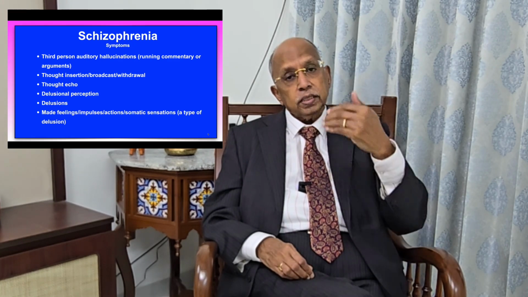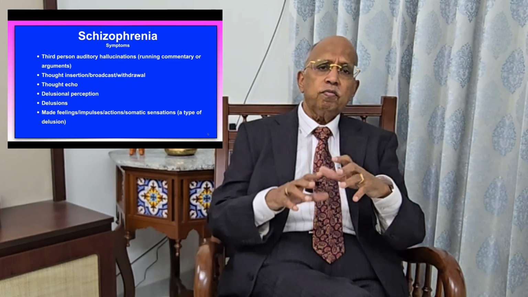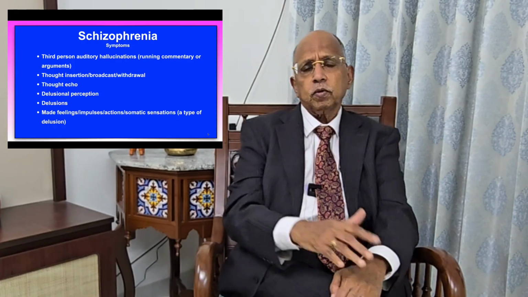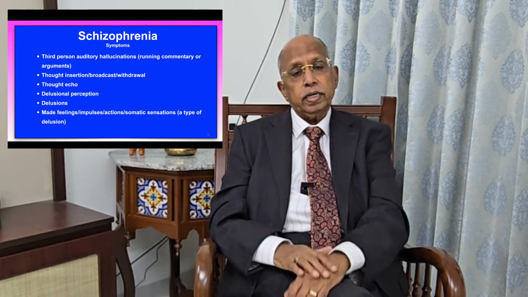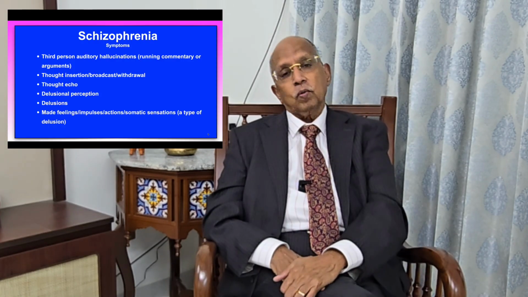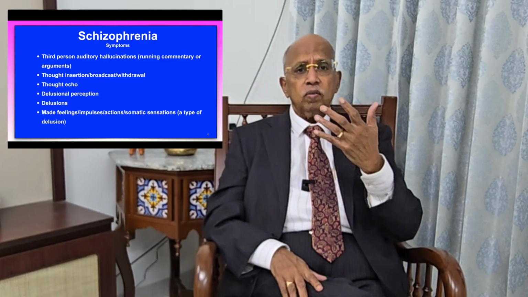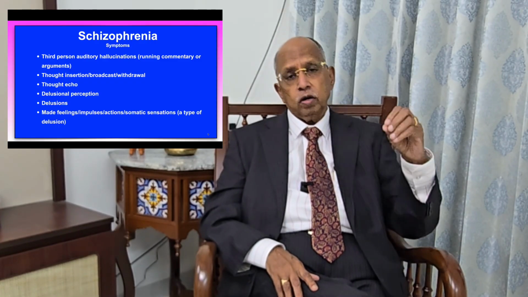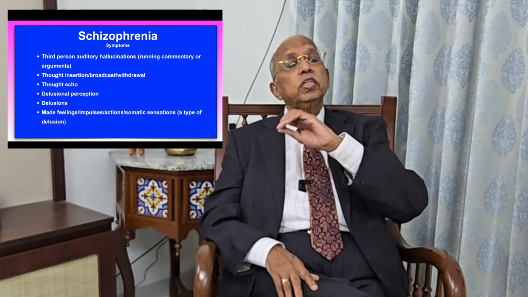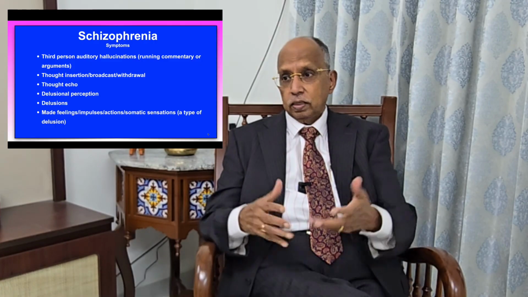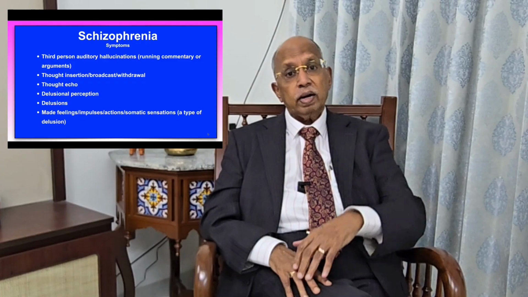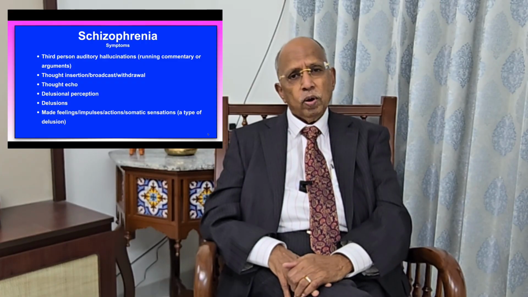So the patient suffering from schizophrenia can have different types of delusion. There are different types of delusion. I'm not going to go into the detail because I will do an episode on that. One of the common delusions is paranoid delusion or persecutory delusion. That's where they think people are against them, trying to harm them. And another delusion is called referential delusion. What it means is